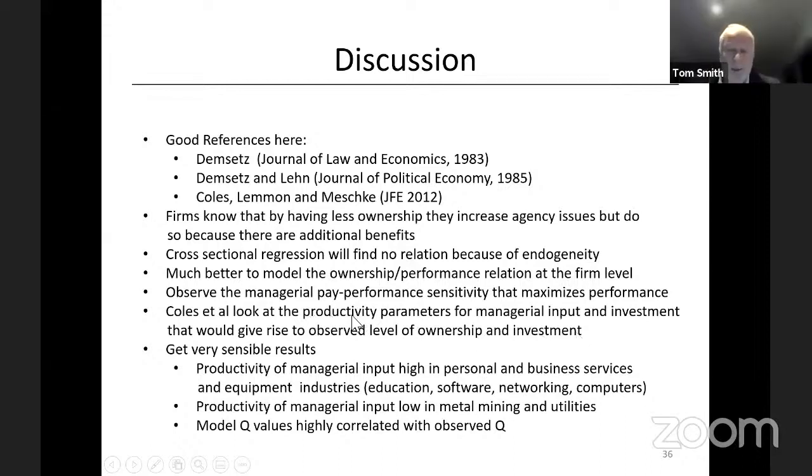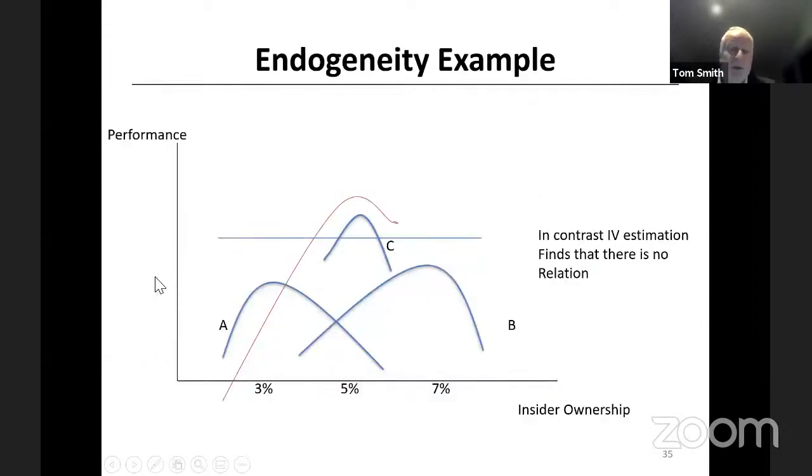And so they looked at the Cobb-Douglas parameters for labor and capital that would give rise to the observed level of ownership and investment. So they got very, very sensible results. The productivity of managerial input, that is labor, was high in personal and business services and in education, software, networking, computers. The productivity of labor was low in metal, mining, and utilities. And they got model values of Q, total Q, that were highly correlated with observed Q. So that's really worth looking at, this paper by